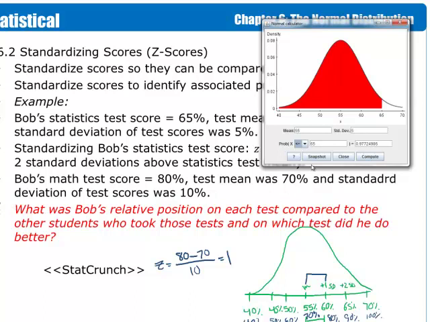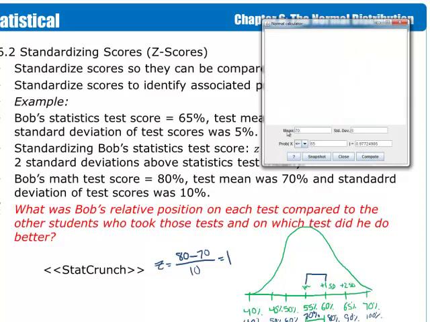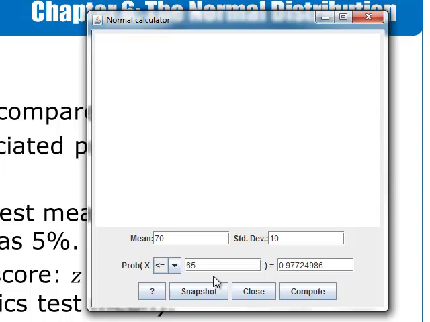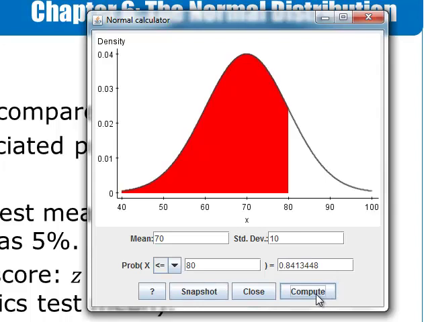There was a mean of 70, so we changed the mean here to 70, and a standard deviation of 10, so we changed the standard deviation to 10, and Bob's test score was 80. So we changed this to 80 and click on compute,